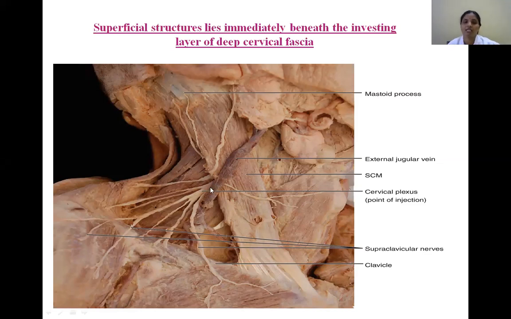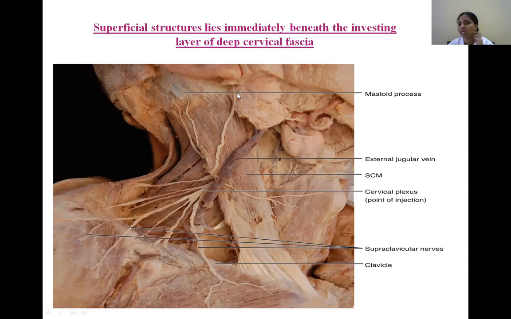See, the cervical plexus I discussed in the previous classes. So what are those branches exactly at the midpoint? One ascends obliquely on the surface of the sternocleidomastoid. So identify all of you. This is the great auricular nerve. What is this? Great auricular nerve. So this great auricular nerve is coursing obliquely on the surface of the sternocleidomastoid towards the angle of the mandible.